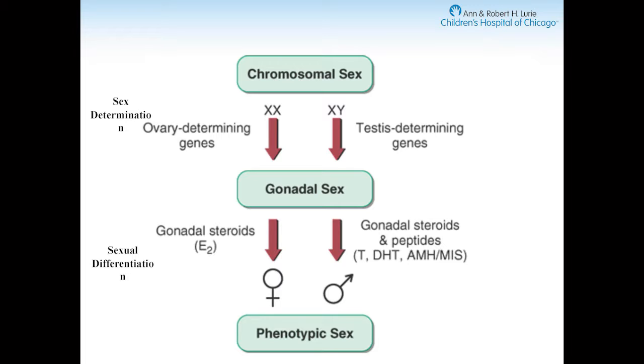Once that happens, then the information on those chromosomes gives information to tissue called gonadal tissue, and tells it whether to become an ovary or a testis. And then the hormones produced by ovaries and testes give information to the rest of the body about how to develop, so what it should look like, so the phenotypic sex, and that's on the inside and the outside. And so if we look in a little bit more detail,